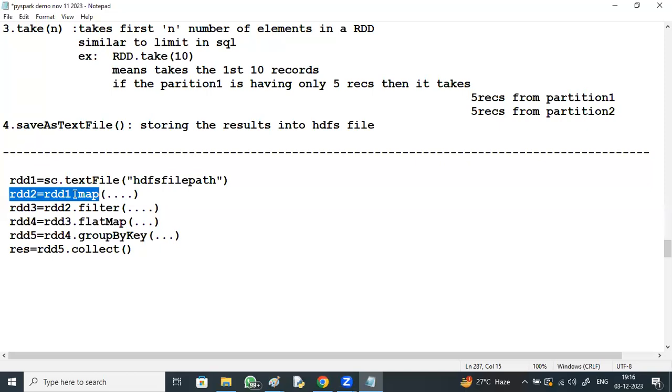Yes. When you are applying something on an RDD, you will come to know whether I'm applying a transformation or an action. So if a transformation is applied, you will get an RDD. If an action is applied, you are going to get a Python object. So is it not possible, let's say I collect at one step and then store in another RDD and make use of that?